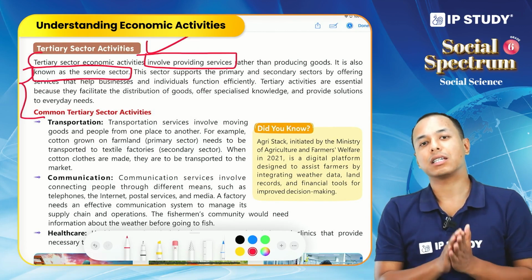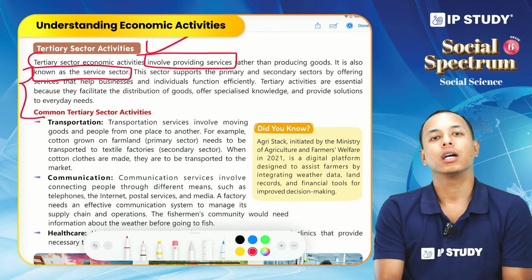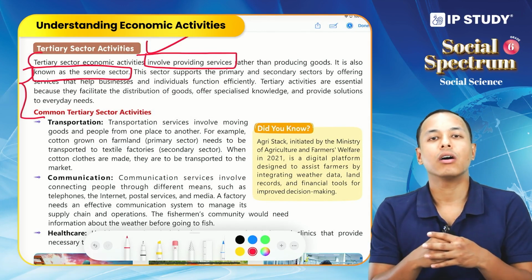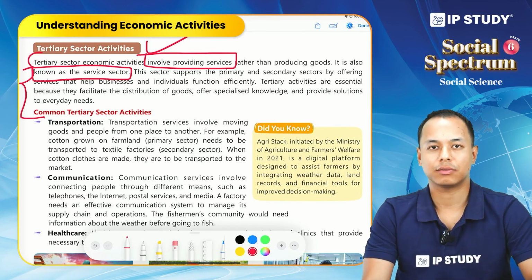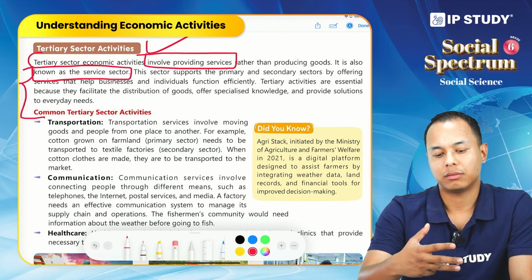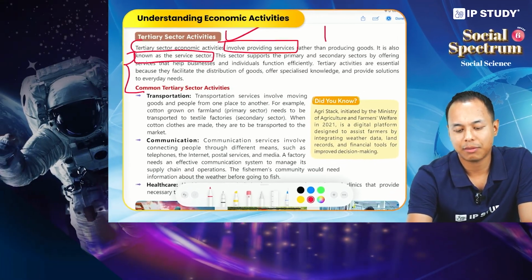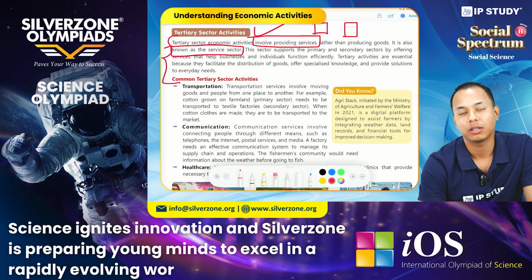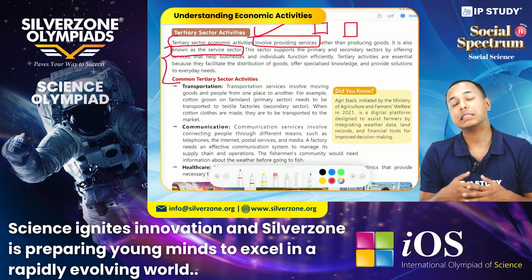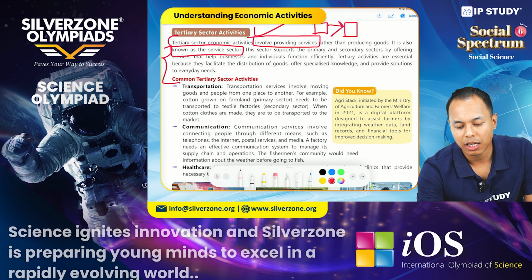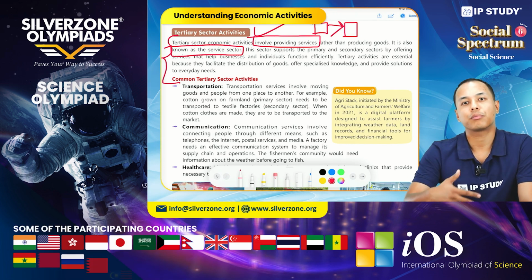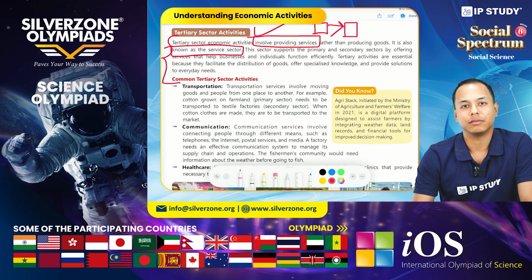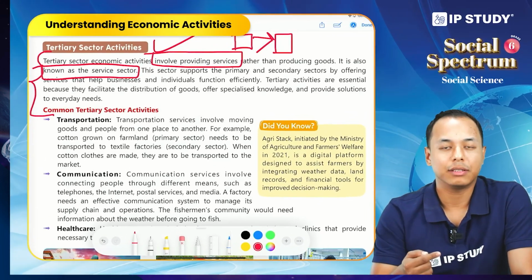So why is this sector important? Because the primary sector and the secondary sector are all dependent on the tertiary sector for many things. For example, take a textile mill. For that I need cotton, right? So I grow cotton. It is important for me to transport this cotton to a processing industry or factory. For that I need a service, and it is tertiary sector activities that provide this.